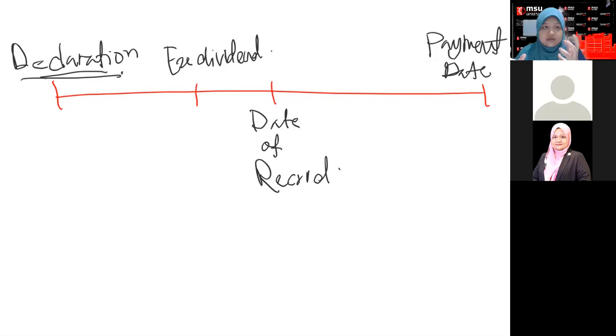So they prefer to receive cash dividends. They don't want any other types of dividend. So it is bird in hand. Second is the irrelevance theory. They don't care about the payout. They also don't care about the growth. They just want to be part of the owners of the company.